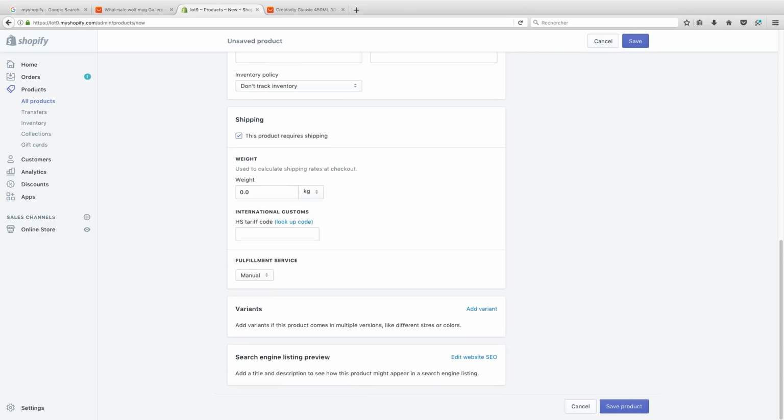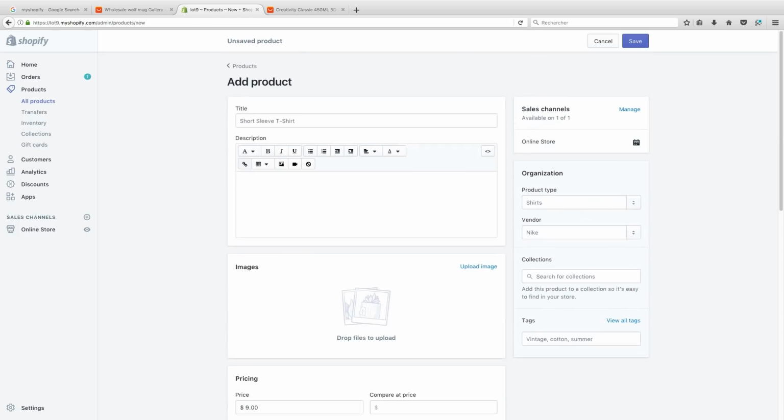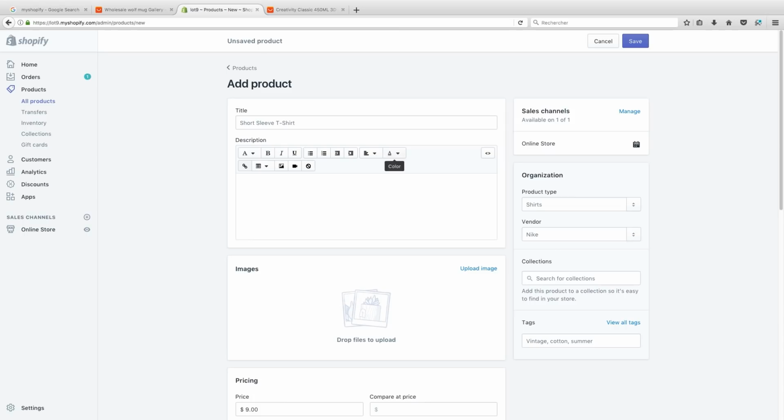It's only going to boost your conversions, right? Now the weight is going to determine the shipping price, which we're going to be setting up in a later video. That's going to be the shipping rates per weight of the product. Add variants if you have different colors, etc. So again, this is not hard to do, but I don't suggest doing that